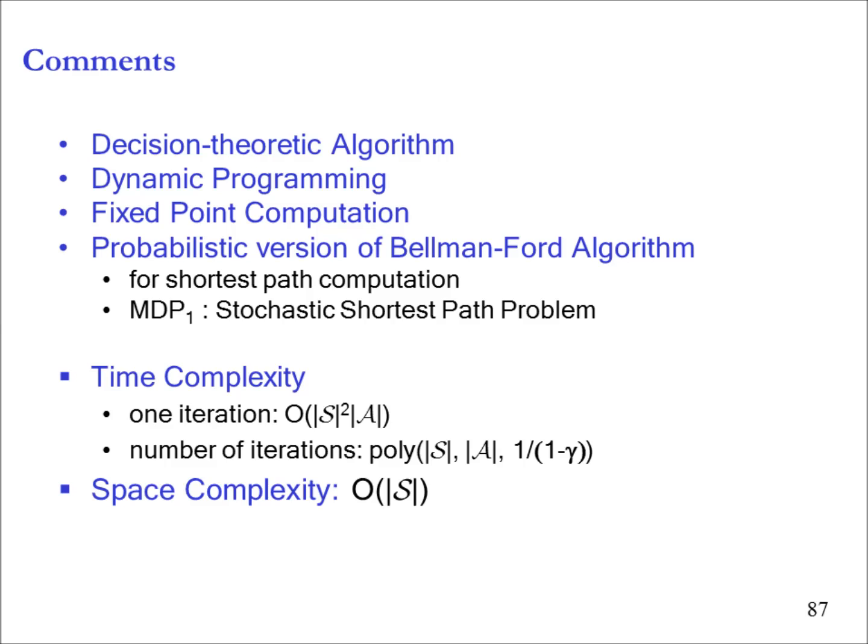You can compute the time complexity. So one iteration, for each state, you have to do a Bellman backup. One Bellman backup requires you to go through all the actions. For each action, you go through all the successors. So you can have S successors, all actions S times A, all states in an iteration S squared times A. So the time complexity of one iteration is S squared A, and again the same issue with the number of iterations. For many models, it's polynomial in this, and for some, it can be worse.